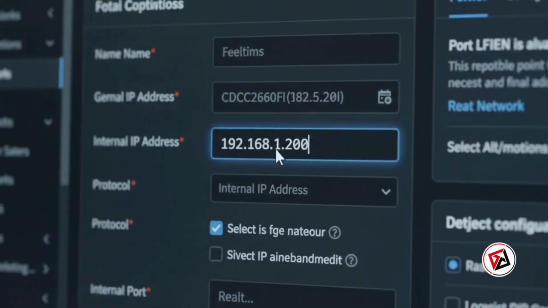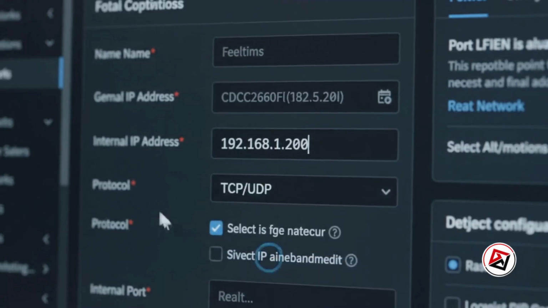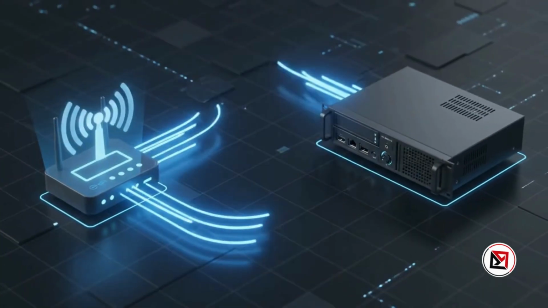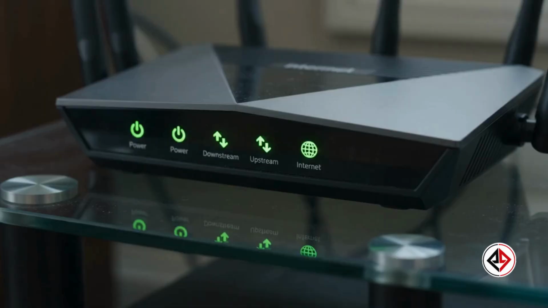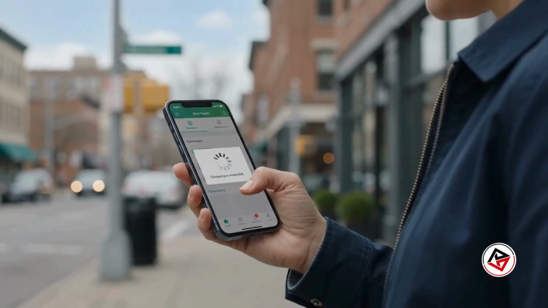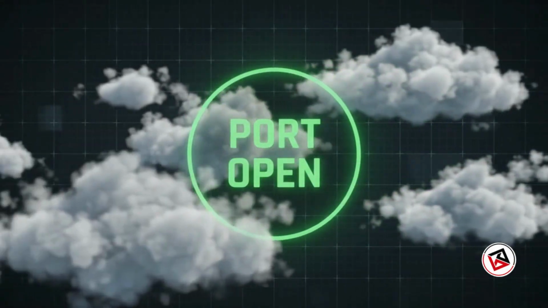Enter your recorder's static IP address, select the correct protocol, and save the configuration. Repeat the process if multiple ports are required. Once the settings are saved, restart your router if required, then test the forwarded ports using your mobile app or